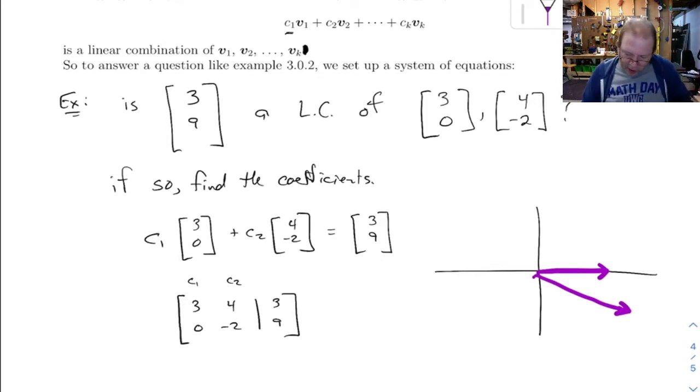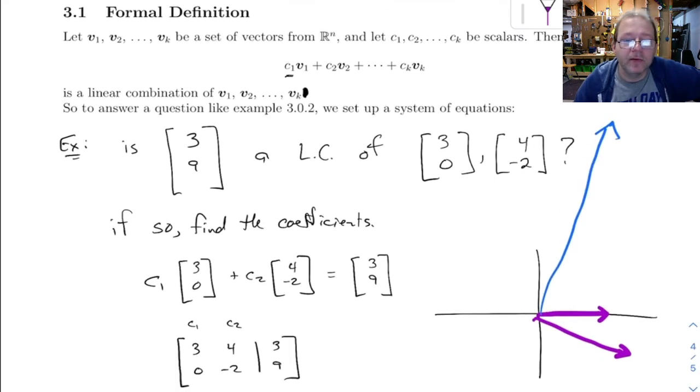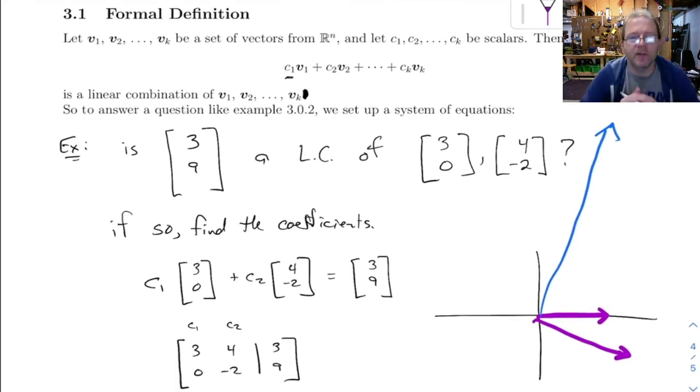And we're asking, can you get (3, 9) out of these guys? Well, (3, 9), let's see, that's going to be here and then way up here. So is there any way to add multiples of these guys together and get that? It might not be obvious, but the answer is going to be yes. The idea here is, think about this. If you take this vector here,